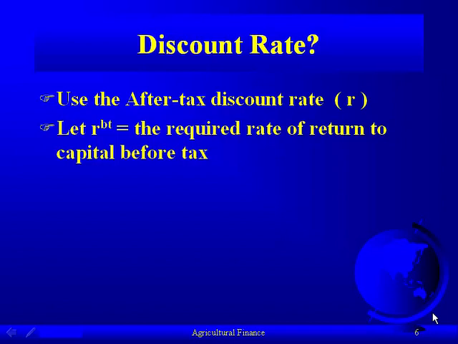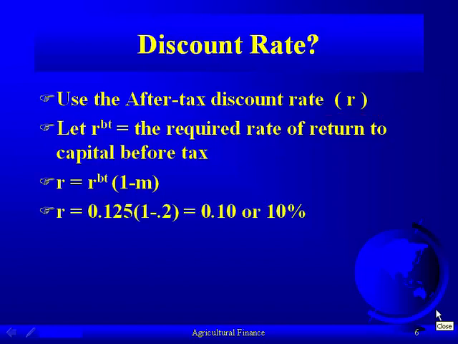Now, if we let the rate, this R superscript BT, represent the required rate of return to capital before tax, then we can calculate this after-tax discount rate by taking the before-tax rate and multiplying it by 1 minus the marginal tax rate. Now, in the problem, this farmer said that he requires a 12.5% return to capital pre-tax, as other investments will return 12.5%. Also, if you look at the fine print, it says that this farmer expects his marginal tax rate over the next 6 years to be 20%. So we take the 12.5% and we multiply it by 1 minus the marginal tax rate, or 80%, which is